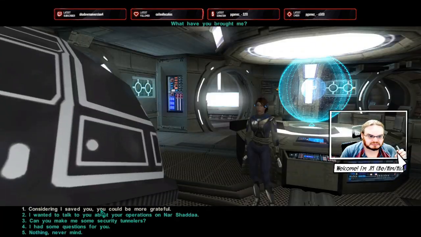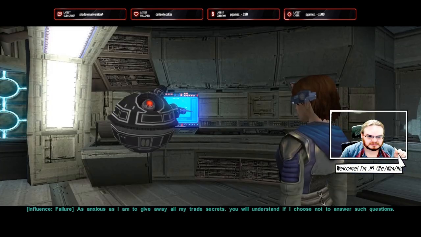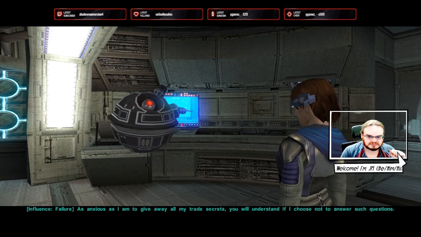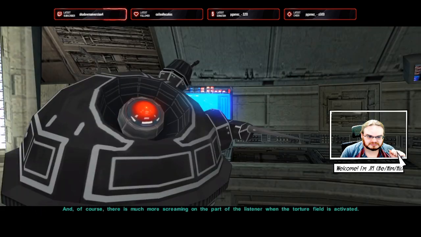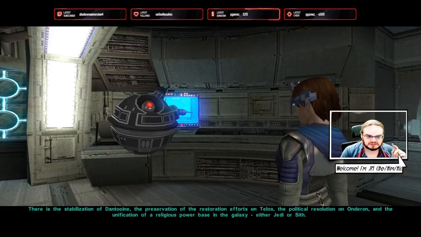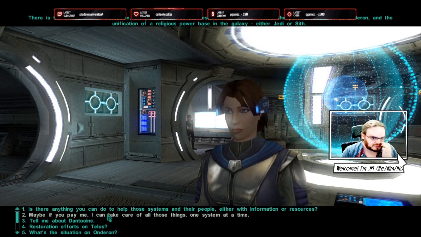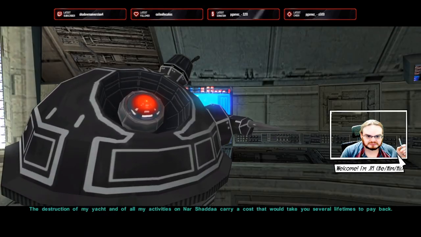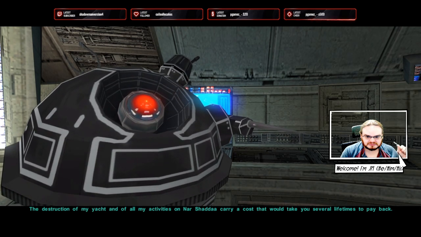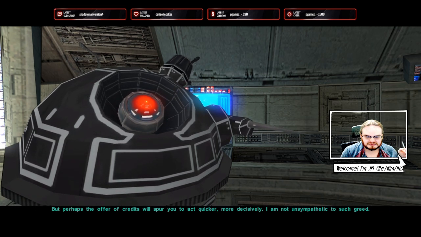What have you brought me? I want to take my operations on Nar Shaddaa. As anxious as I am to give away all my trade secrets, you will understand. Questions? How is that possible? If you pay me, it can make those one system at a time. The destruction of my yacht and of all my activities on Nar Shaddaa carry a cost that would take you several lifetimes to pay back. But perhaps the offer for every...